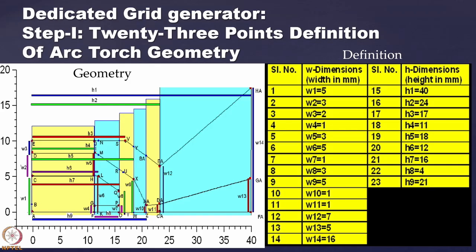Now here I am showing you that for the kind of torch that you have seen here, for which the mesh I have shown, I have divided the whole zone into 23 points definition, and these 23 parameters are like this. Here 1, 2, 3, 14 and then 23, and they are marked over here. Something is like this distance, something is like this distance, and something are horizontal also. Your vertical, something are horizontal. And if I define these lengths, then the geometry is automatically defined.